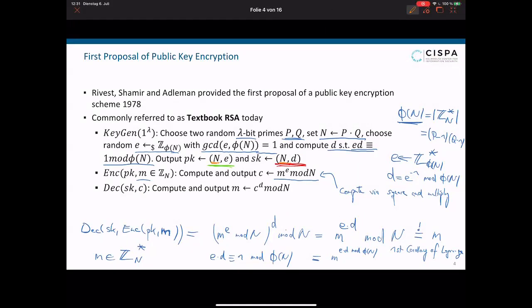And e and d are inverses modulo phi of n. So to encrypt, we just compute m to the e mod n, and to decrypt, we compute c to the d mod n. And correctness follows from the fact that